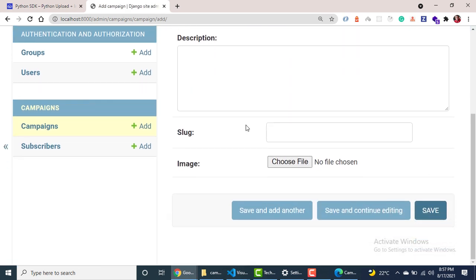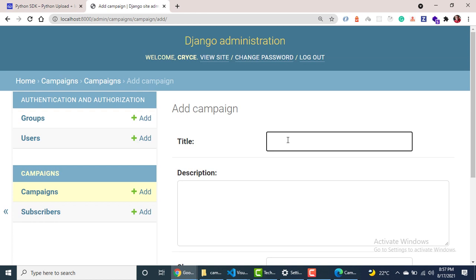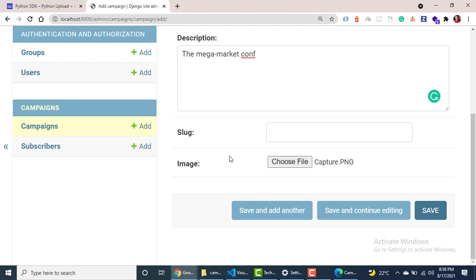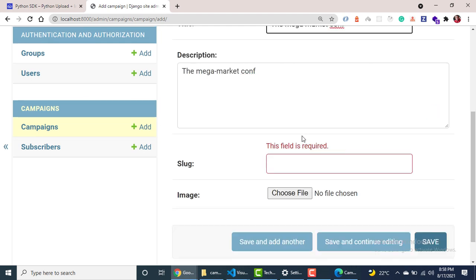So when I click add, you can see that we need to add a title. So for the title, let's say the mega market conf. Okay, so for the description, this can be anything. I'm just going to pick a random picture. So notice how the slug required us to enter it and it didn't allow us to save, so the save